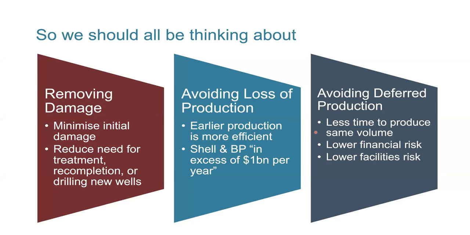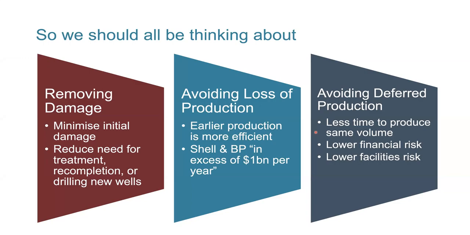Shell and BP have both been quoted in years gone by that they're losing $1 billion a year of production from lost production due to formation damage. And we start to multiply that up around the world for different operators, different fields, and it's huge numbers here. So small changes, small improvements in damage can have huge impacts financially. You know, the guys at the top of the company love thinking about it in money terms. So for every percentage of damage we can remove, we're just getting more and more money back,